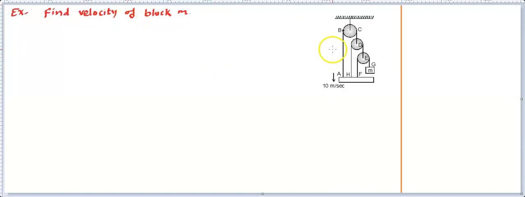Now let's consider another example in which multiple pulleys are connected. In case of multiple pulleys, let's first learn this point. Let's say there's one pulley, and how the tension is going to distribute is the main important concern. In this pulley, strings will be connected, right? Let's say this has a string connected like this, and another string connected like this. This string will be definitely going like this. This is the kind of scenario.